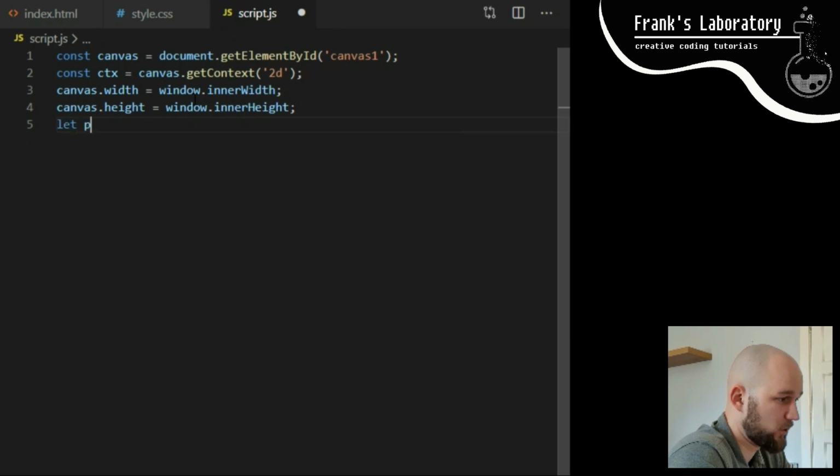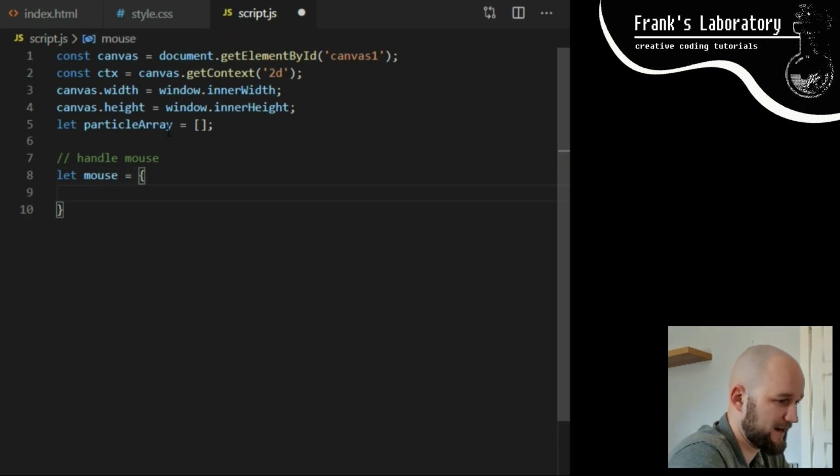I create a variable called particleArray and I set it equal to an empty array. This will contain all our particle objects that each contains information like size, color, and coordinates. And we will pull this information from here to draw them on canvas. Before we do that, I will write some code to handle mouse interactions.